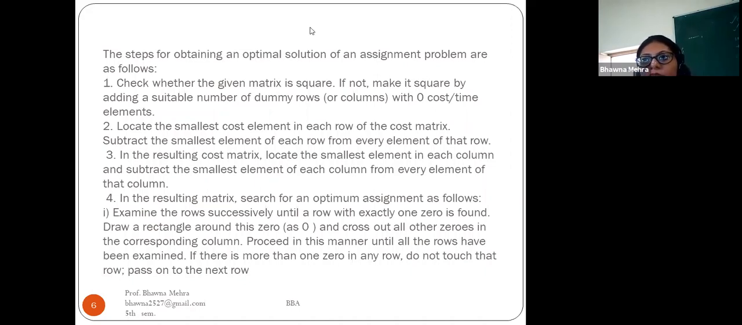The fourth step is, in the resulting matrix, search for an optimum assignment as follows. Examine the rows successively until a row with exactly one zero is found. Draw a